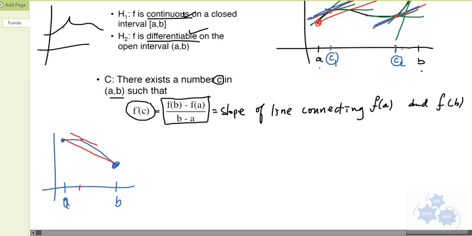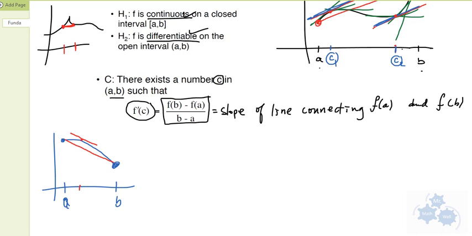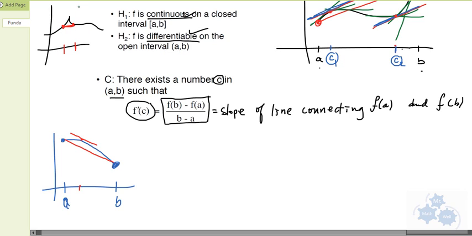it may not be true if it's not differentiable. Like let's say this is the starting point here, this is the end point. Okay? This is the average value there, right? That's the average slope there between those two. But if it's not differentiable, these